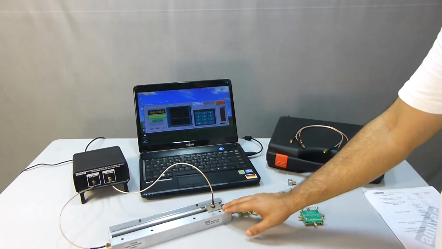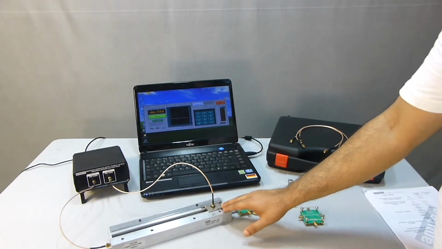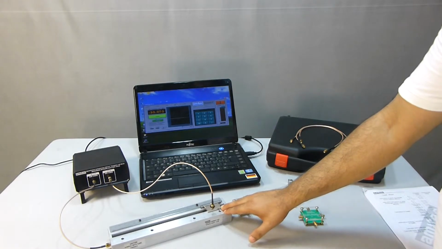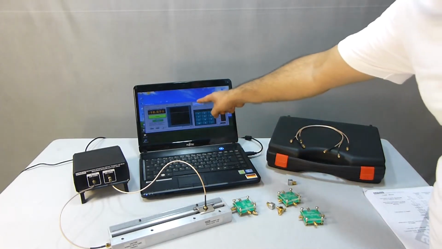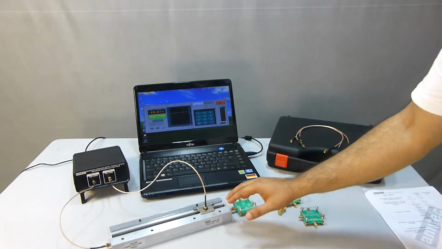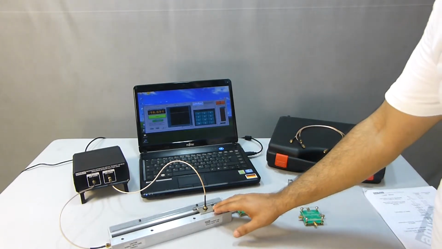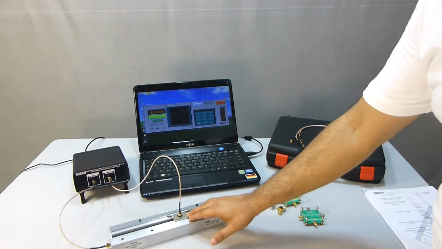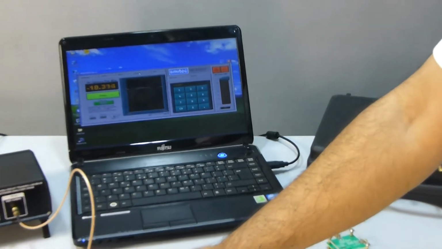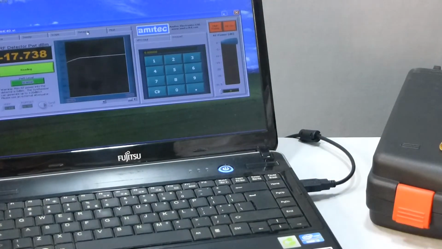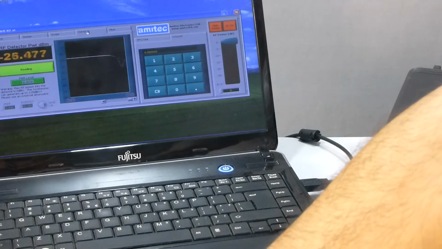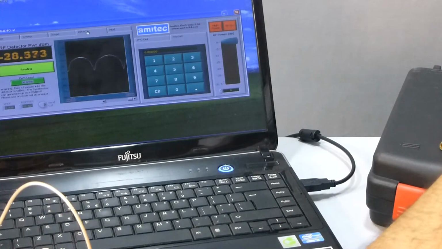As you will observe, as I move the probe on the coaxial slotted line, the power level changes. The power level can be monitored here, and simultaneously the digital values can also be read. You can see from the trend that standing waves are being formed on the coaxial slotted line, because we have terminated the 50 ohm characteristic slotted line into a short load, because of which there are a lot of reflections from the shorted end and all the power is going back, which results in voltage maxima and voltage minima being formed on the coaxial slotted line.